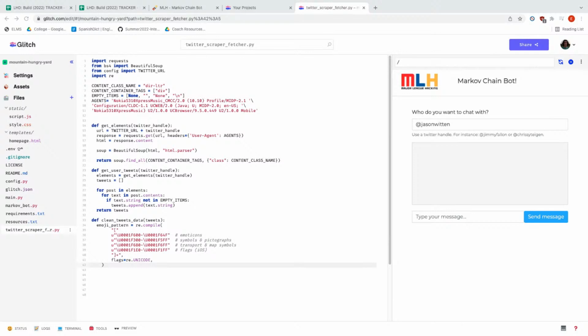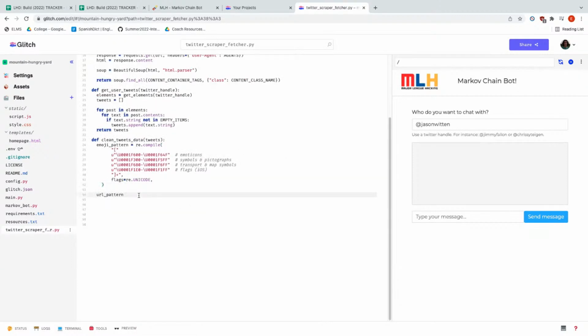So we just copied in this emoji pattern, and under it, we're going to declare another variable called URL underscore pattern. Scroll up here a little bit so you can see it.